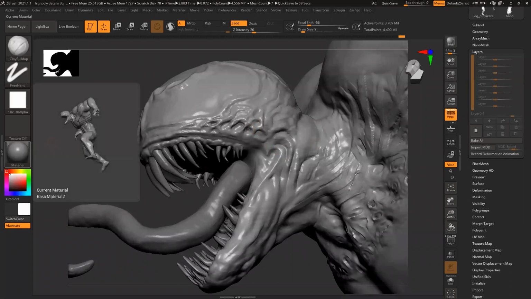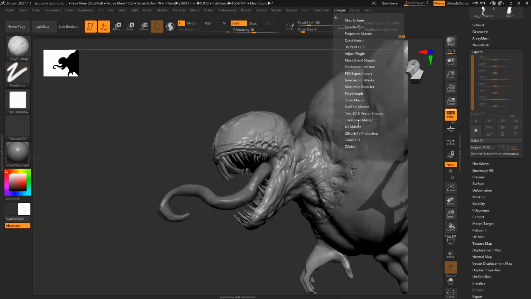Yes. Sir, hello. When we keep it as a separate subtool, but during T-pose, and when I pose it, how do we make it move along with that current object? Like I have horns, so it is a separate subtool. So when I need to pose it, do I need to move those horns separately?